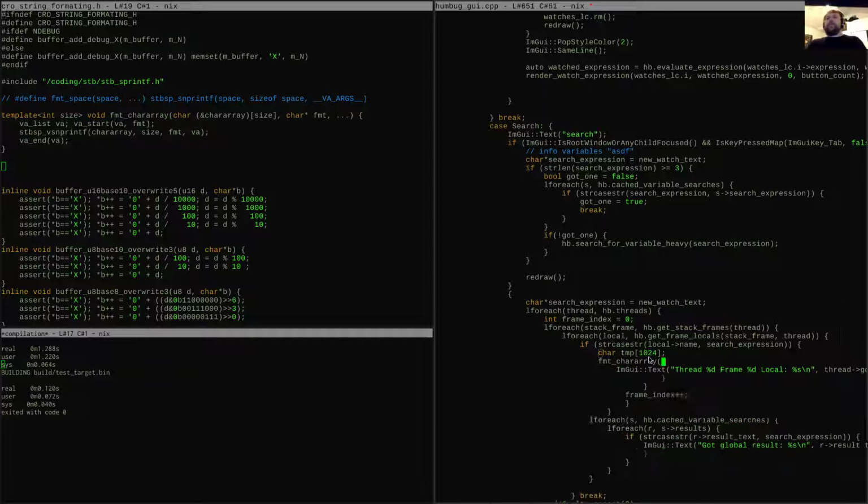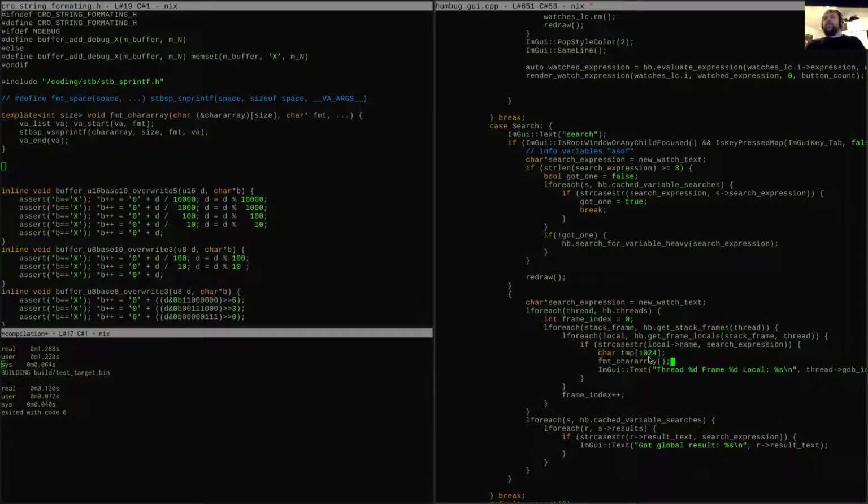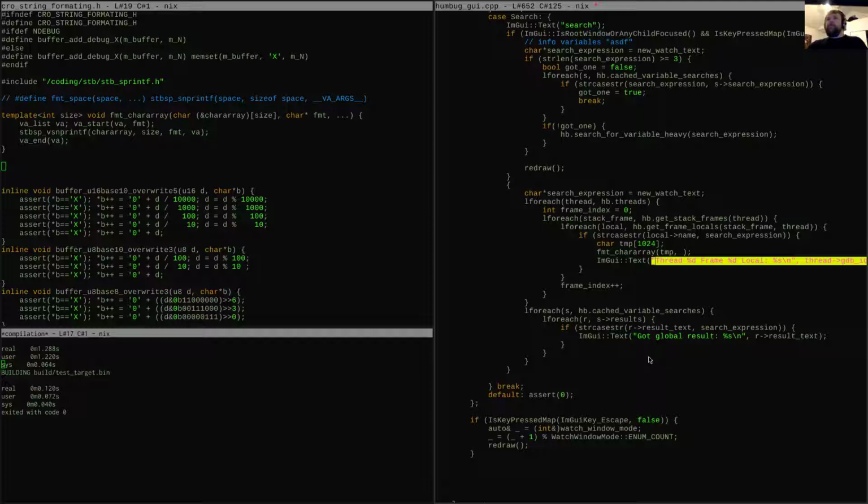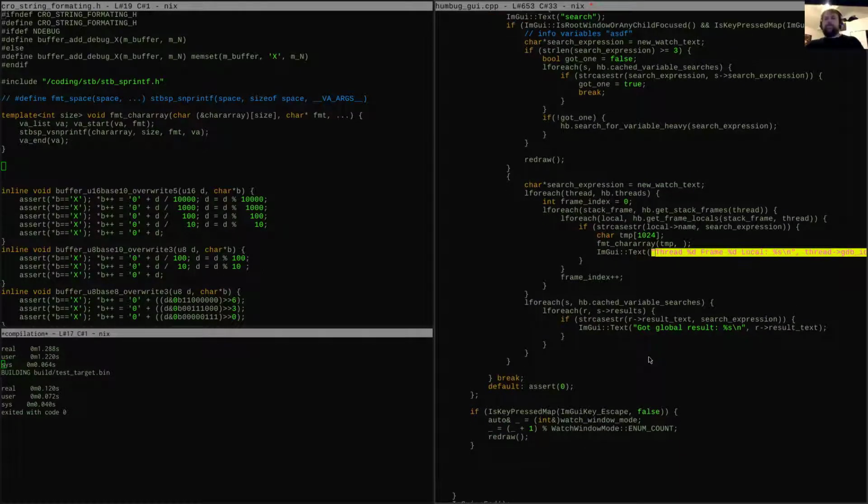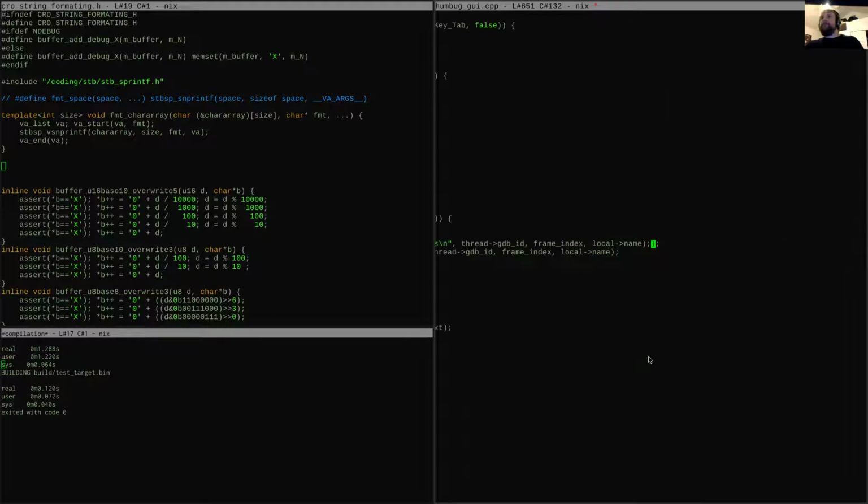FMT char array temp. And then we'll go ahead and grab all this, throw it in there. There we go.